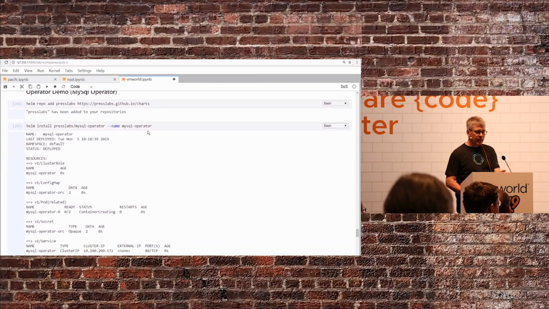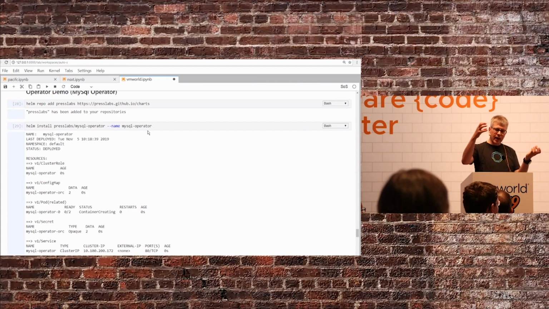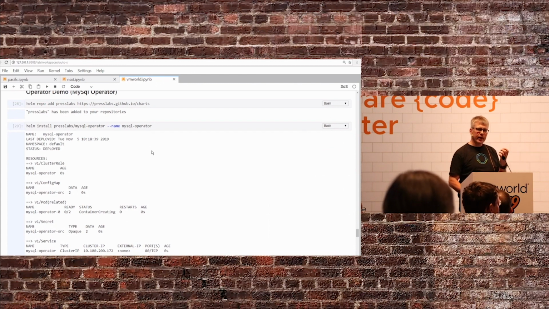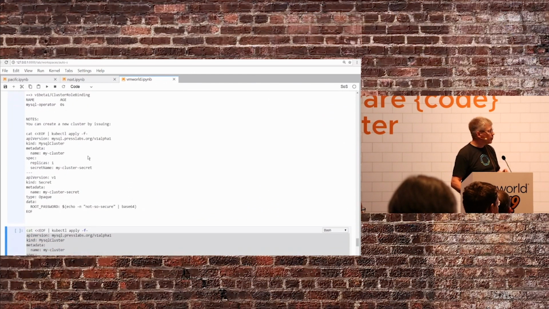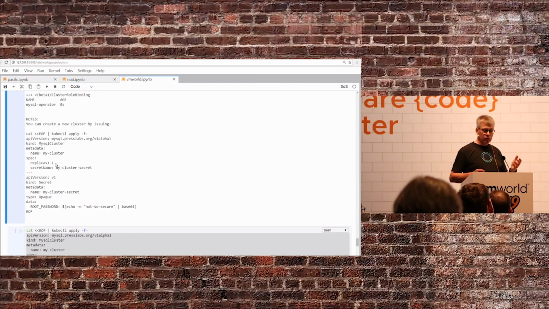So now I have an operator, which means I have custom resources and the controller, which allows me to create MySQL databases. And the way you do it, I mean, it's a very simple example, but you see it here. I have a new kind, MySQL cluster. Of course, replica 1 is just because I don't really have that much resources here. I could change that to 3, or start with 1 and then see, oh, the cluster is actually getting overloaded. I can just update that to the number 3, and then the operator will actually make sure that this